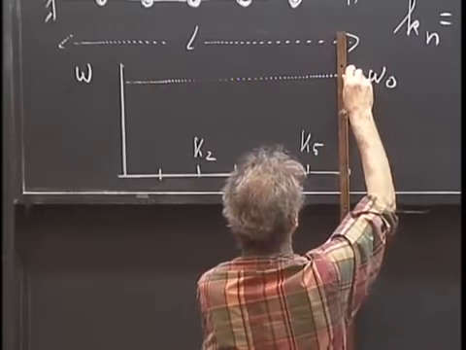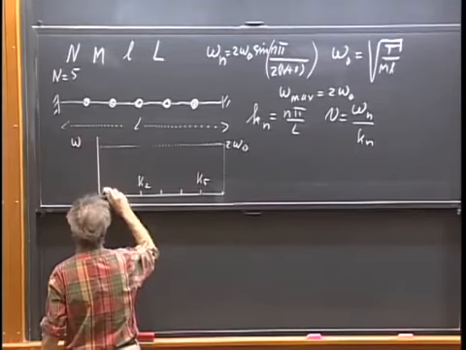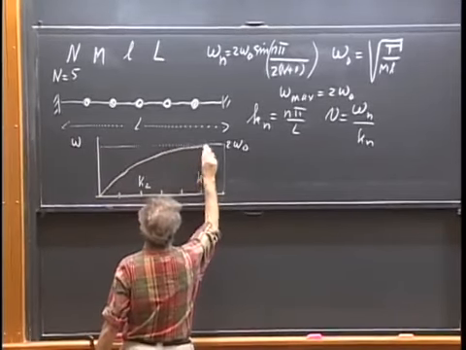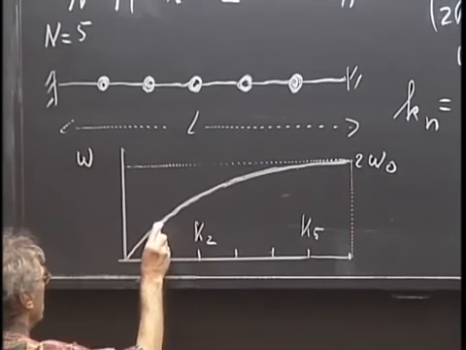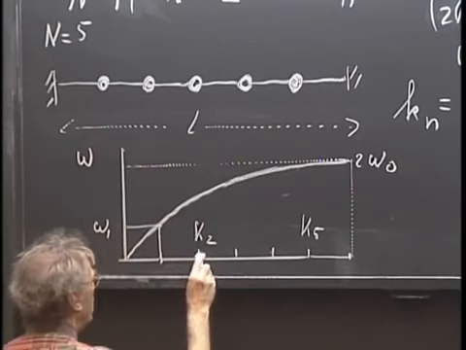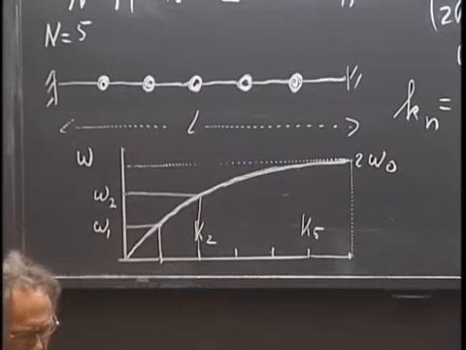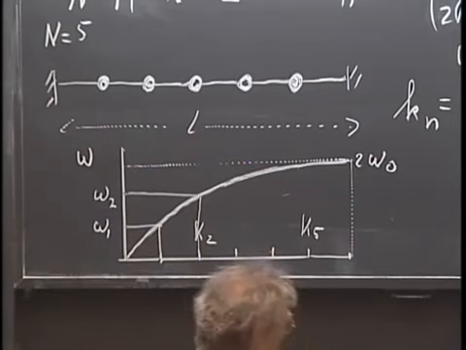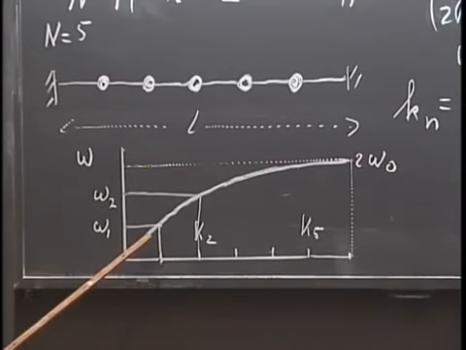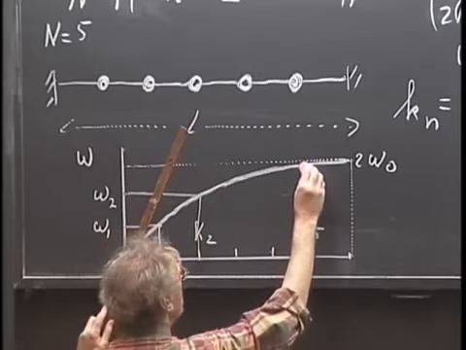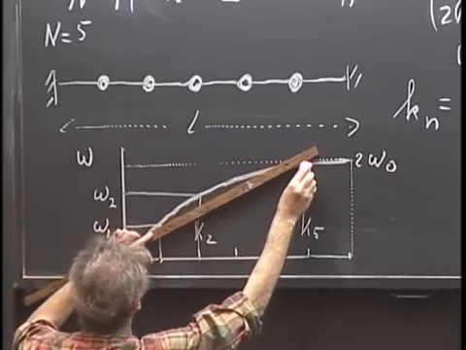And if I draw this curve now, it looks like this. It's a sine curve. So for k1, this is omega 1. For k2, this is omega 2, and so on. So you can immediately see that the speed of propagation in the fifth mode is lower than the speed of propagation in the lower modes, because this point here, which is k5 connected with omega 5, I can connect with the origin,